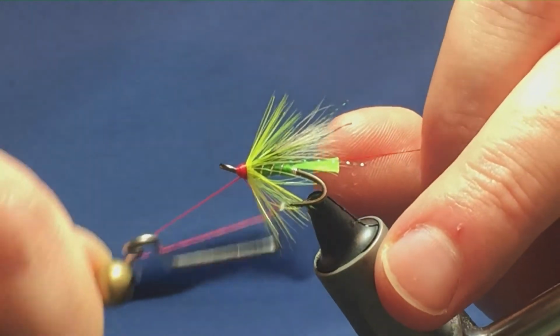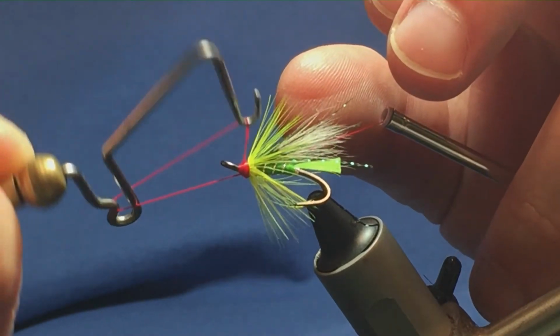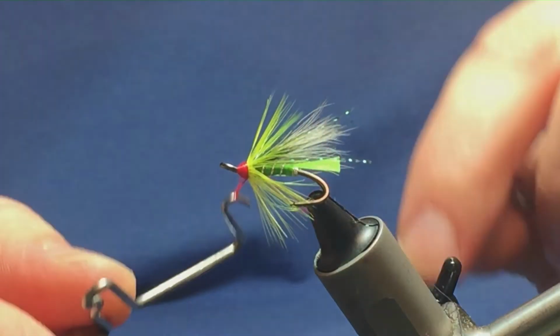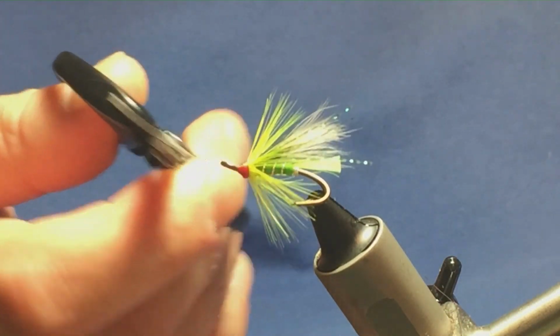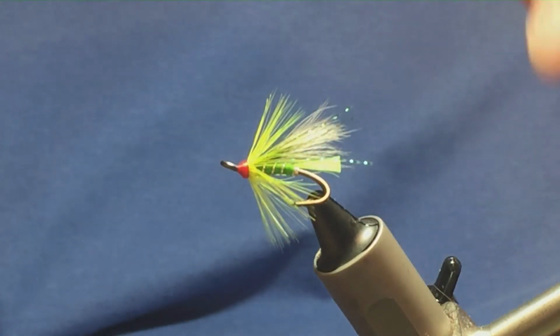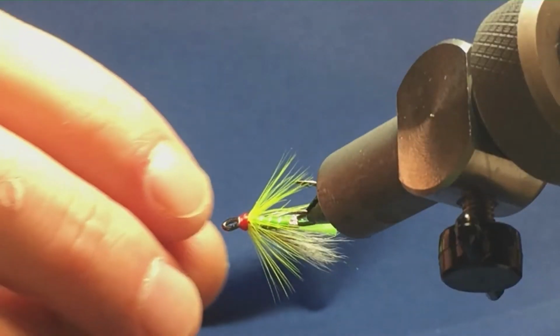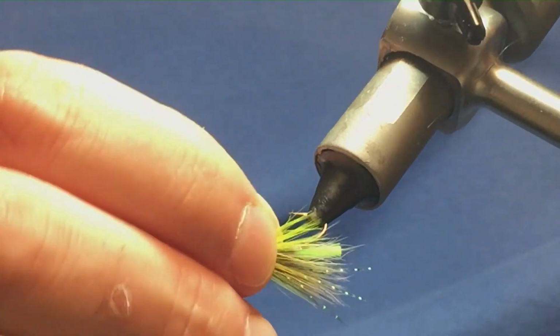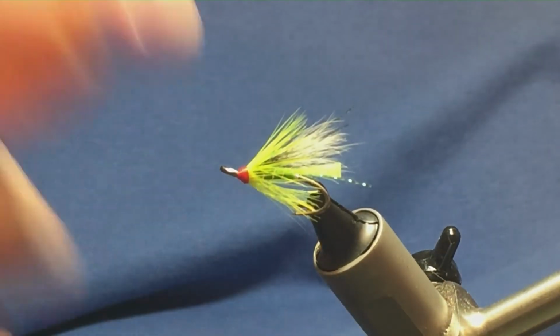And you can shape the head here at the same time as you bring down your whip finish. Pull the thread or the floss nice and tight. Come in and trim away the excess. Now what we can do is we can come in and we can see what way we're fixed. Now there you go. So just to seal the head up,